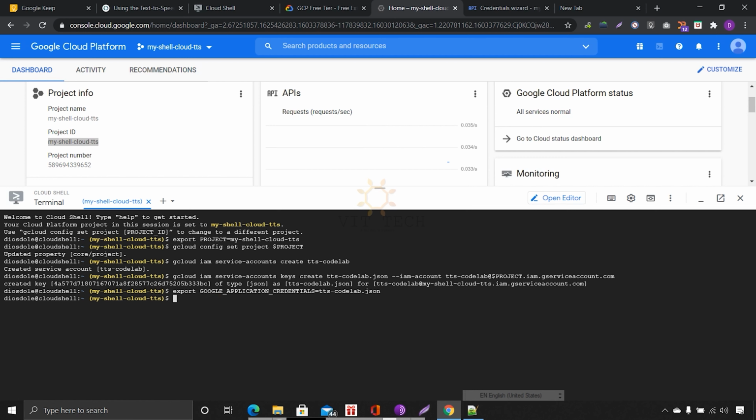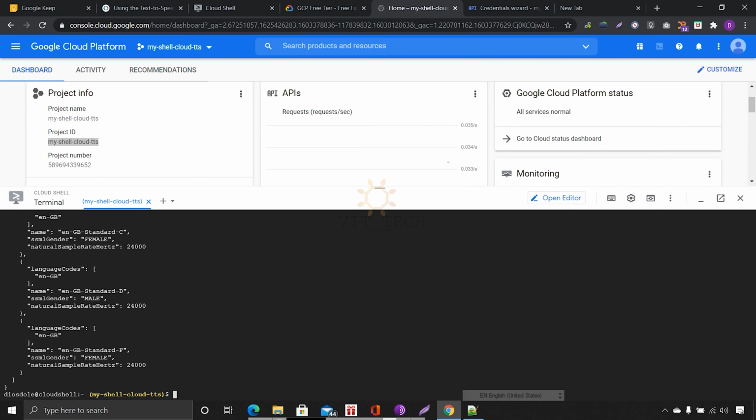After completion of the prerequisites and setup, we will check what voices are available by default in Google TTS by using this command. This is the curl command. It will list out the voices available for text to speech. I will press enter. You can see the list of available voices.